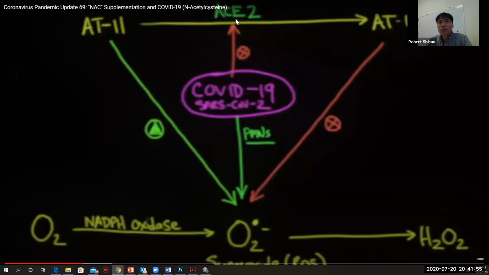So ACE2 receptors are present in a lot of organs, a lot of cells, and endothelial cells, which are the cells that line the blood vessels, and many others, so in the lungs, etc. And so when COVID-19 or SARS-CoV-2 binds to that, it screws up the balance basically between angiotensin 2 and angiotensin 1,7, which causes excessive production of superoxide. There's nitric oxide that's mediating some of these processes, NO.